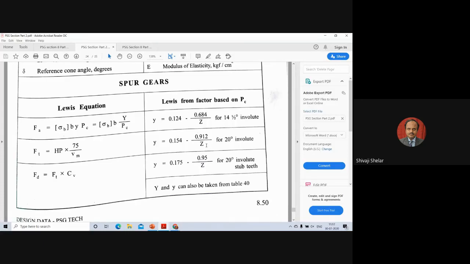This formula is used in the design calculation. Now this y here is a small y. The capital Y is the product of pi into small y. So when we do the calculation here, we get the small y value, we don't get the capital Y value. Z here is your formative teeth, that is the virtual number of teeth, ZV. So let's go back to the presentation again.